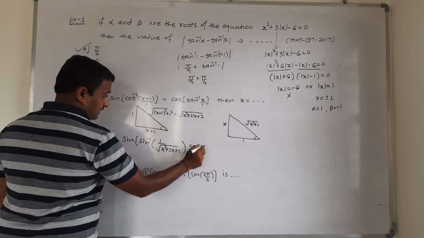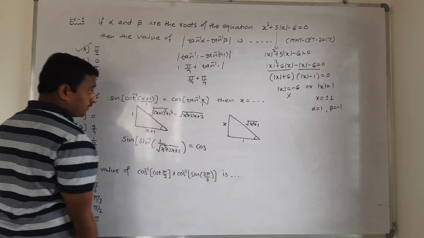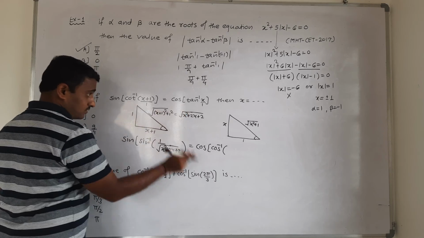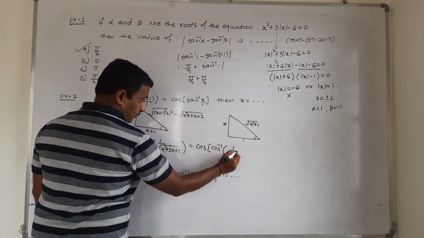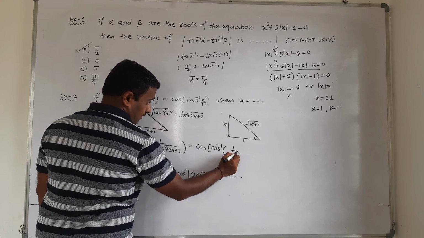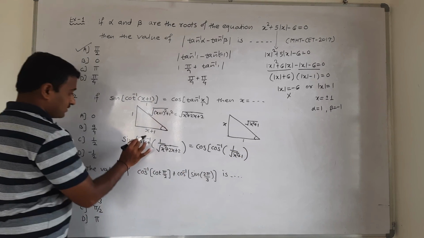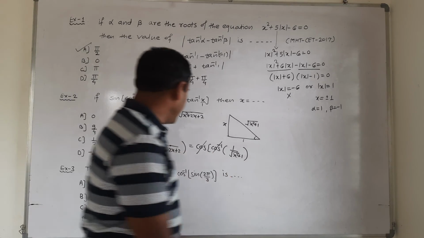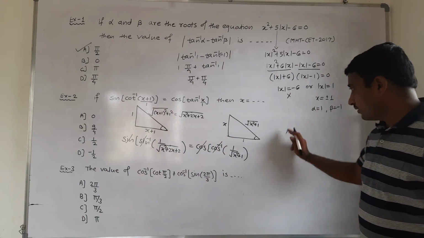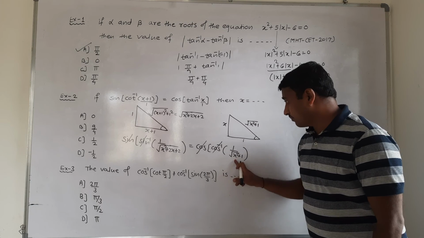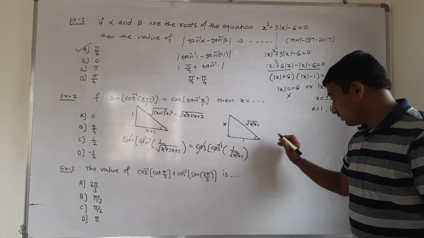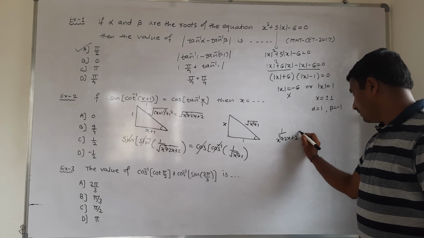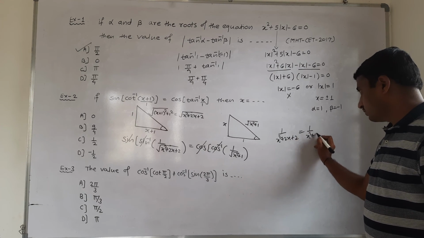This is equal to cos. Now I write this in terms of cos. I want cos inverse inside. For cos inverse, cos is adjacent side upon hypotenuse, 1 over the square root of x square plus 1. Now sine inverse cancels, cos inverse cancels. Now these two remain. Squaring, I write 1 by x square plus 2x plus 2, and here again 1 by x square plus 1.